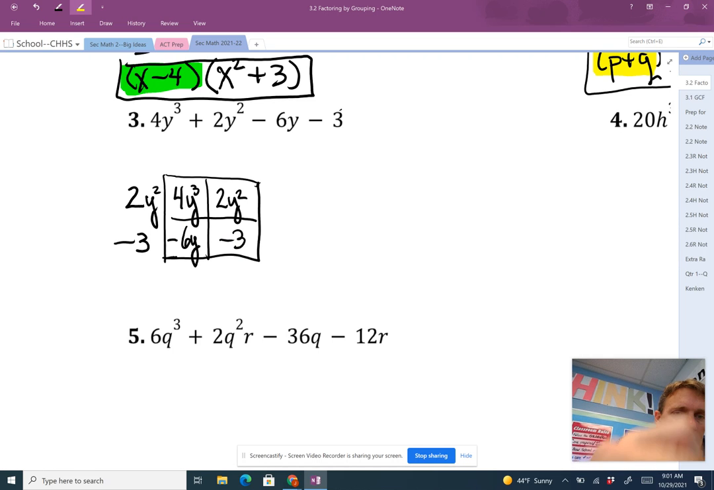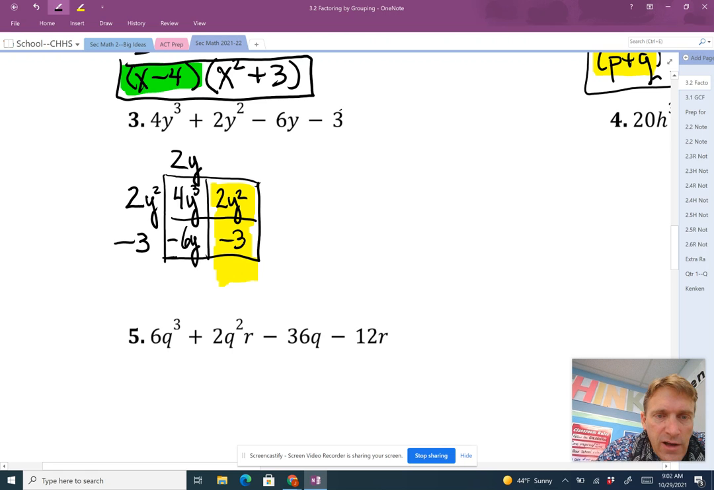And then I look at the first column, and they both have a 2 in common, and they both have a y in common. And then I look at the last column over here, and I say 2 and 3 don't have anything in common. The top one has y squared, but the bottom one has no y, and so they don't really have anything in common. So when they have nothing in common, they always have 1 in common. And so that is what these look like. 2y plus 1